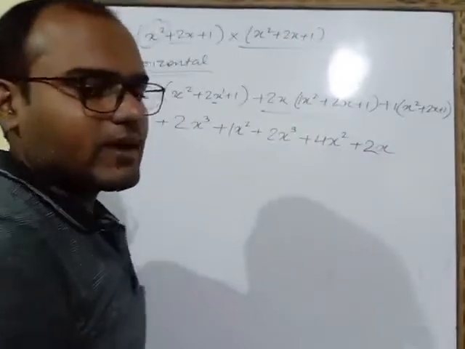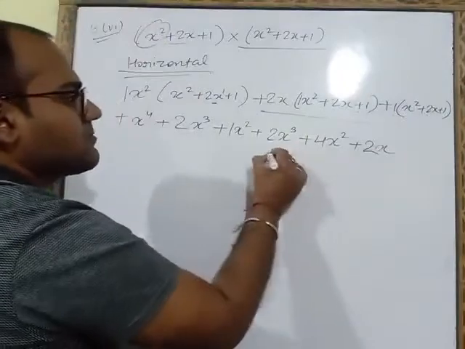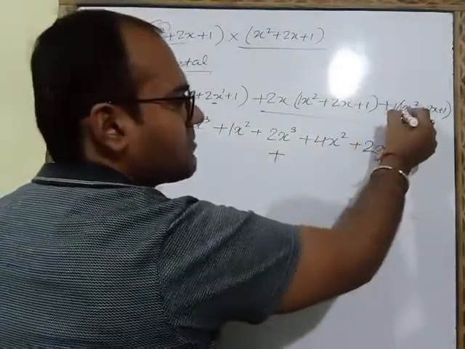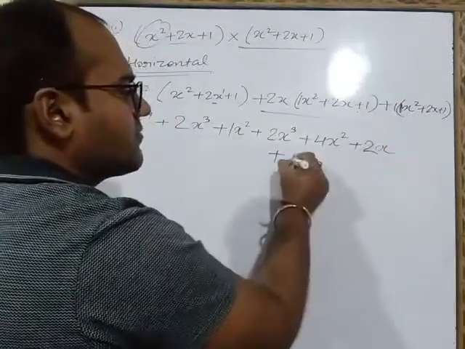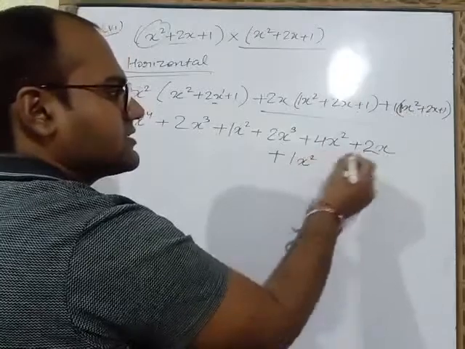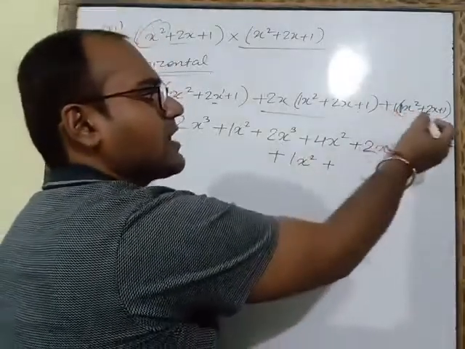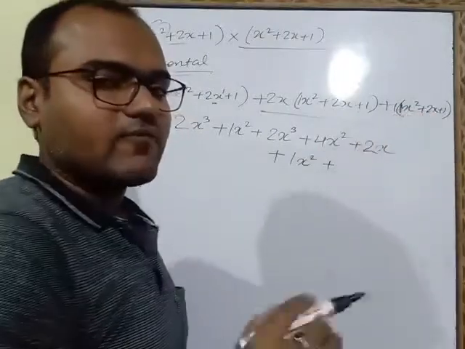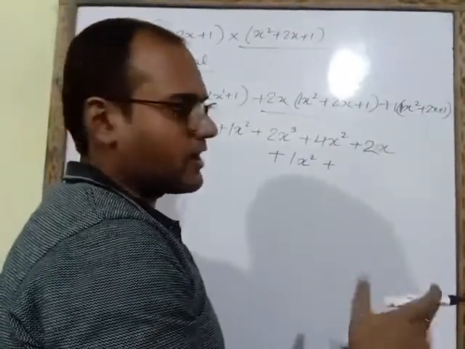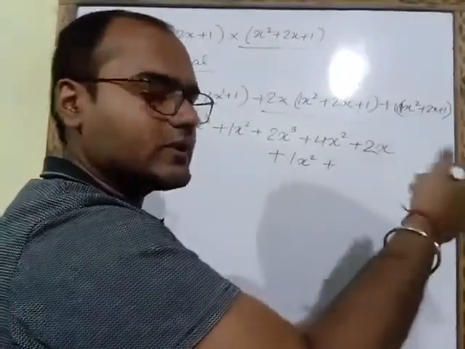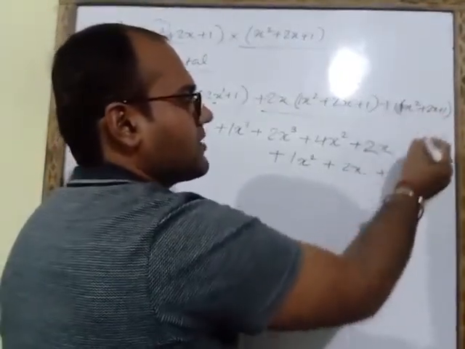Now again we will multiply sign. Plus and inside also it is plus. So plus multiply plus will be plus. 1 multiply, number is not given in the bracket here, so we will take 1. 1 multiply 1, 1. And x square also we will write as it is. Plus multiply plus, plus only. 1 we have to multiply with 2x. If we multiply 1 with any number, then we will get same answer. So no need to think about it. 1 multiply 2x, answer will be 2x only. Plus multiply plus, plus. 1 multiply 1 will be 1.